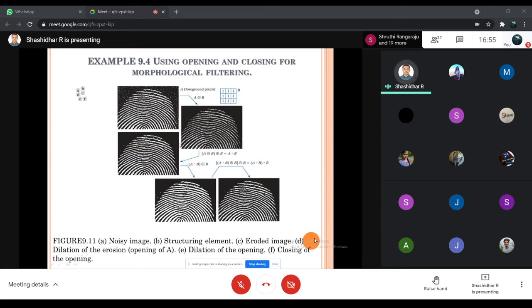Then A erosion B plus B means here we apply dilation with B. So this is A opened with B, the A dot B image.